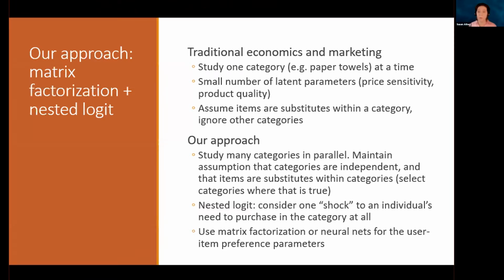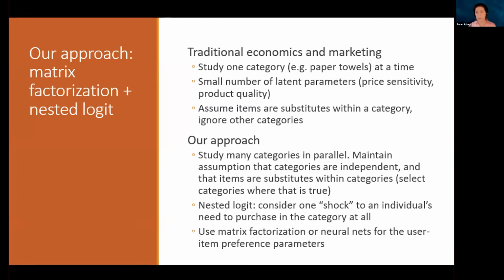We have another paper that actually estimates complementarity between taco shells and tacos. I'm not going to talk about that paper today. It has a lot of interesting computational issues, though. So instead, in the papers I'm showing you today, we're going to use a version of the nested logit, which was introduced by Dan McFadden. And that model is basically going to allow you to have a shock to whether you buy a product at all, as well as shocks to the individual products. But it's basically going to allow whether you buy one kind of apple to be correlated with whether you want another type of apple.